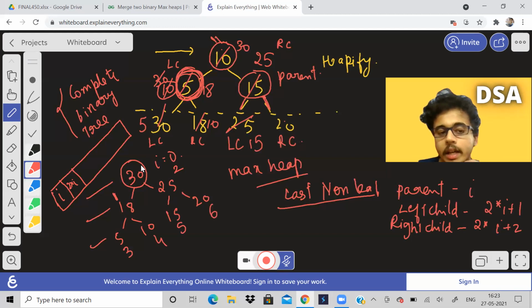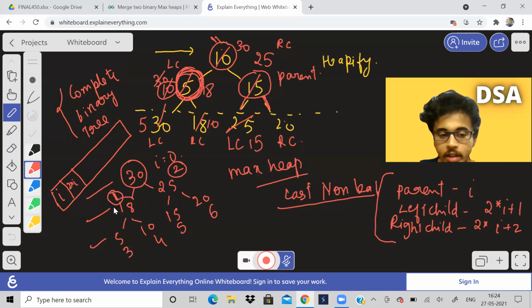Now tell me, for 30, where are the left and right child? Left child is at index 1, right child is at index 2. So 1 is equal to 2 into 0 plus 1, 2 is equal to 2 into 0 plus 2. So if the parent is at index I, the left child is 2 into I plus 1, and the right child will be at 2 into I plus 2.